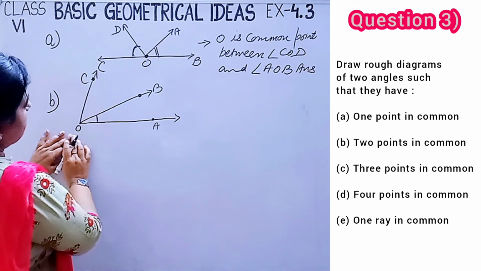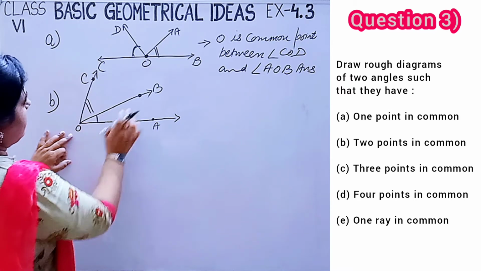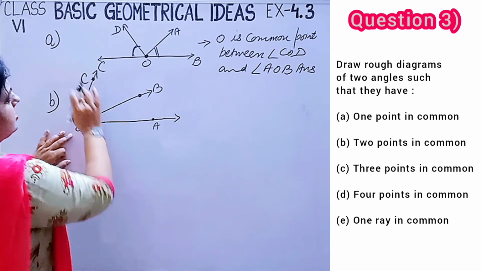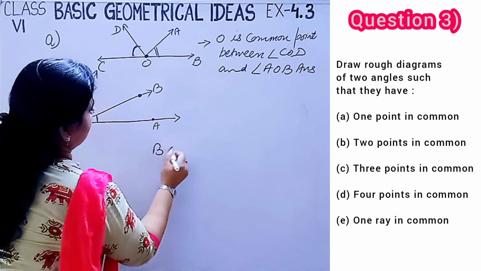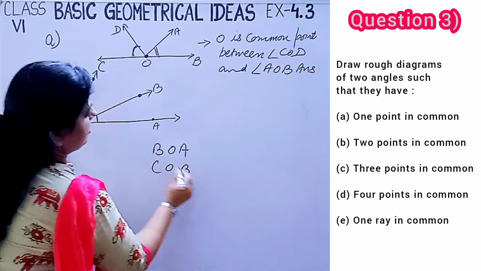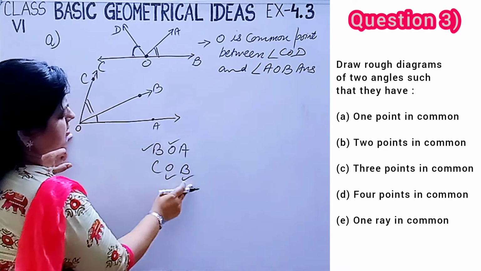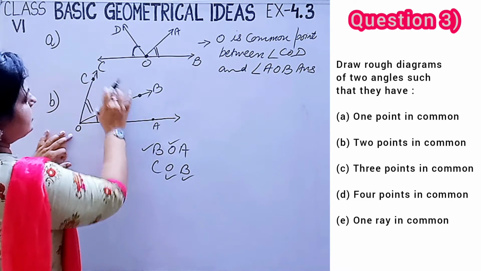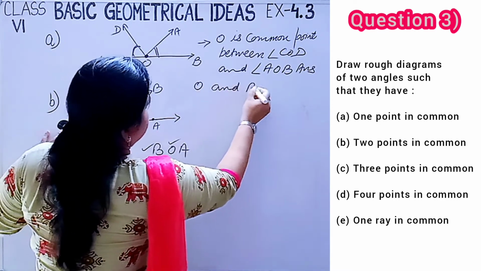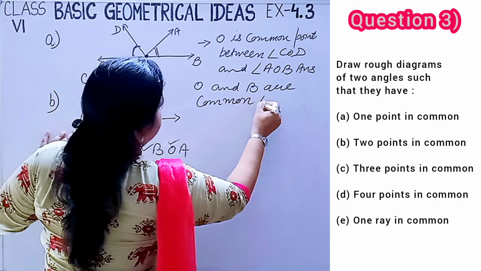Now here we can see that there are two angles, BOA and BOC. If I am writing BOA and COB, how many points are common? This O and this B. It means these 2 points are common in these two angles. So the answer is O and B are common points